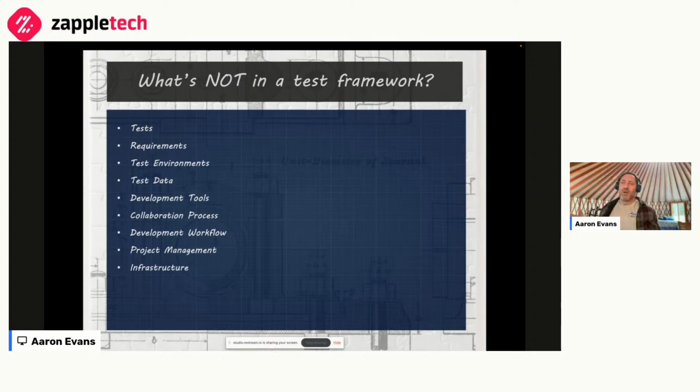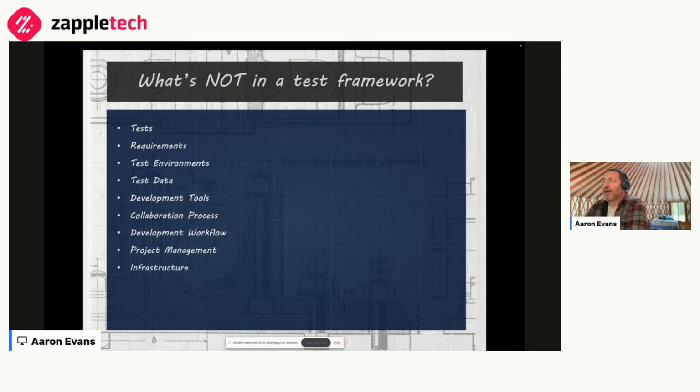Test environments. Often organizations talk about their dev environment or their QA environment or their staging or production environment. Being able to spin up those environments, being able to interact with those environments, being able to know the configuration, a base URL or a database password. Those things are not part of the framework. The framework may need to know how to interact with them, though, through things like configuration and secrets, things like a .env or your GitHub secrets or whatever it is where you're getting that information.